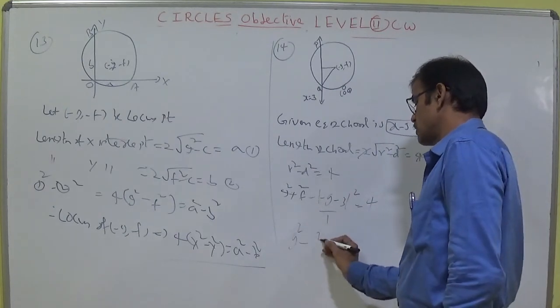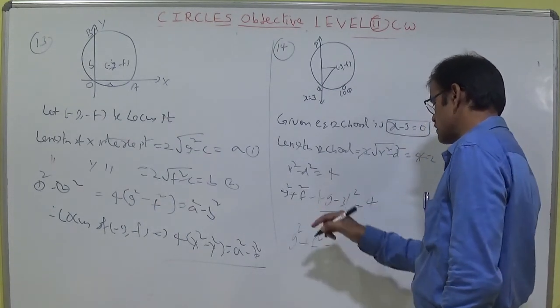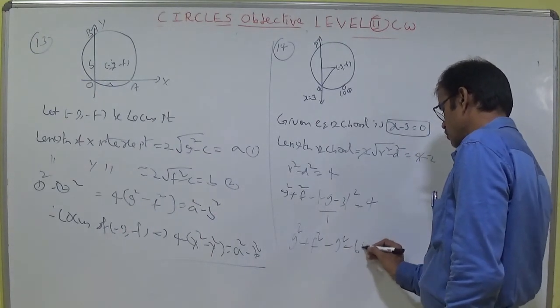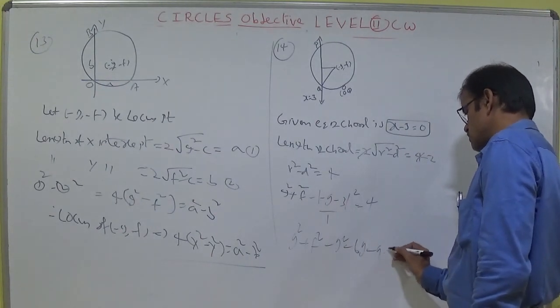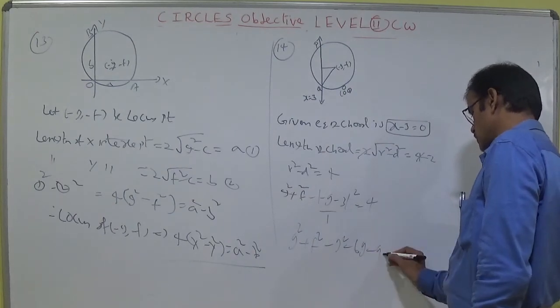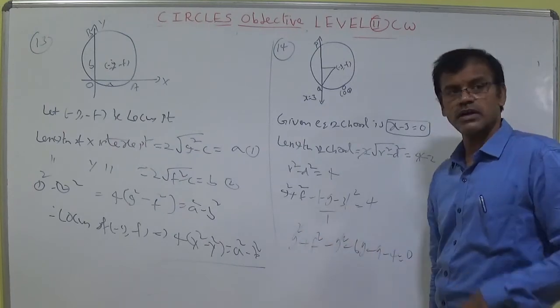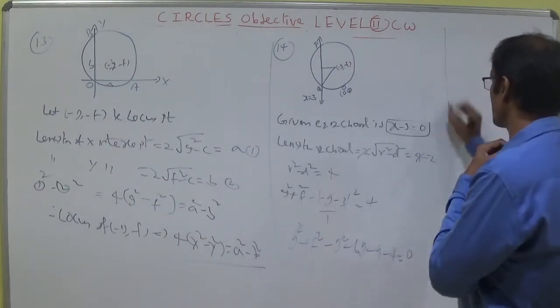You can write here g square plus f square minus this, all becomes plus. So you write here g square minus 6g minus 9 equal to 4, otherwise minus 4 equal to 0. g square and g square will be getting cancelled. Try to understand that the locus